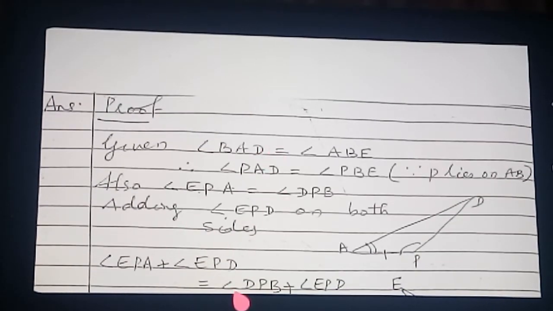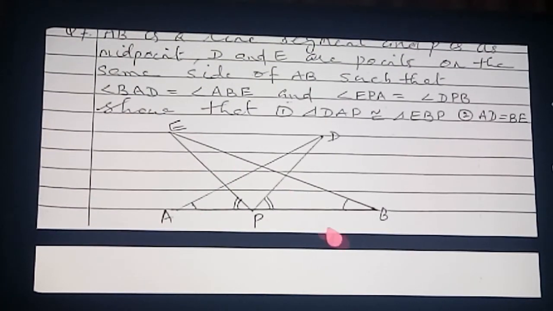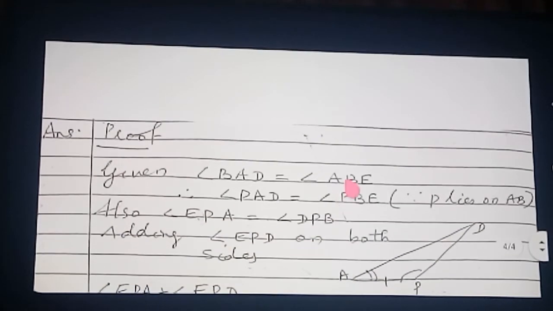So here you see what we have written. BAD and AB are already given, no? BAD, see the diagram again. BAD is the same as PAD, no? Why? This P is on the same line. APB. P is on the same line, no? Therefore, whether you say BAD or you say PAD, both are the same angle only. So instead of BAD, what did we write? PAD. That you can see in the next question. And instead of AB, what will we write? PB. That also you see.